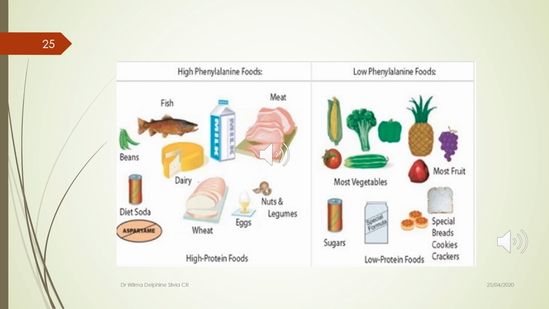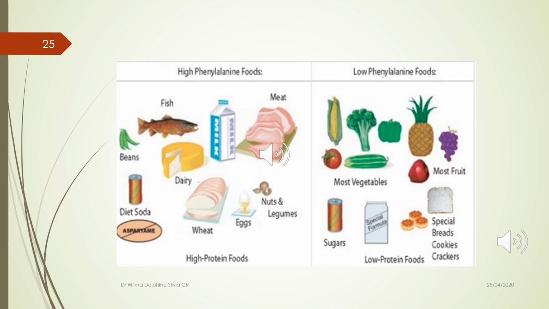Here we have a list of high phenylalanine foods on the left hand side with fish, meat, dairy products and eggs, etc. And on the right hand side we have low phenylalanine foods like vegetables, fruits and then breads with